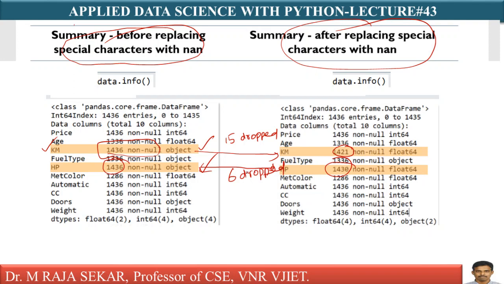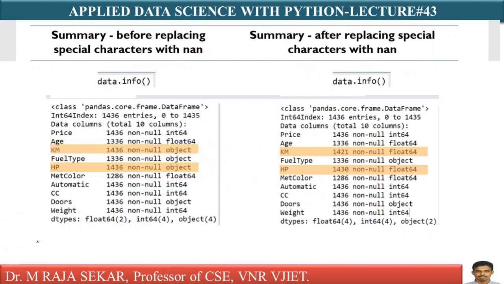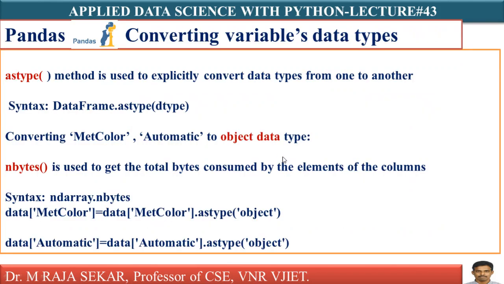This step is really very important whenever performing data analysis. Why? Because all those question marks are replaced by NaN values, which means these particular values will be dropped. This is very useful in implementing our data science problems. We will see in future classes in which manner this is helpful in solving or applying many data science problems. Let me proceed further.